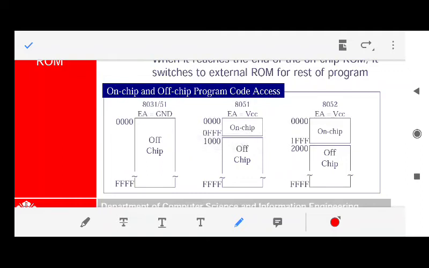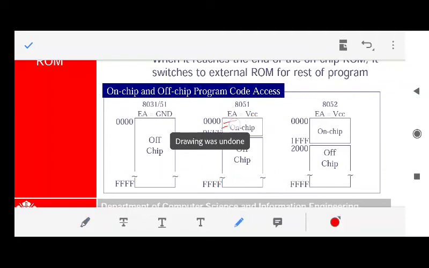You have both internal ROM and external ROM. If you want to use both, start writing your instructions from the first line in the internal ROM. Once the last line is reached, you start writing the next line in the external ROM, and put the external access pin, which is an input pin, equal to 1. Whenever you put it equal to 1, the 8051 will know that it has to execute the program written inside the ROM, because EA equal to 1 means you have to execute the program inside the ROM. So it will start executing the program inside the ROM.